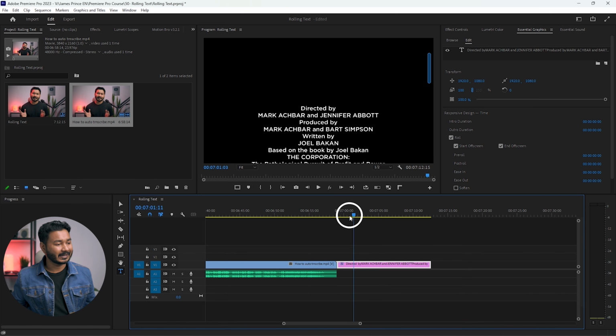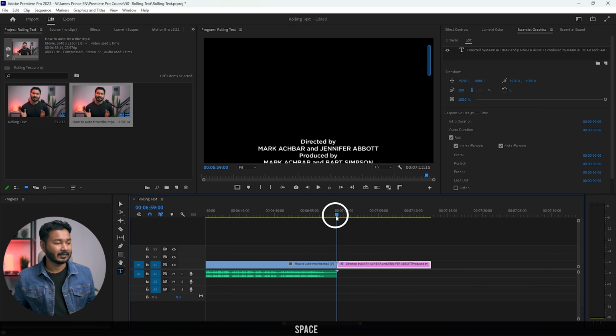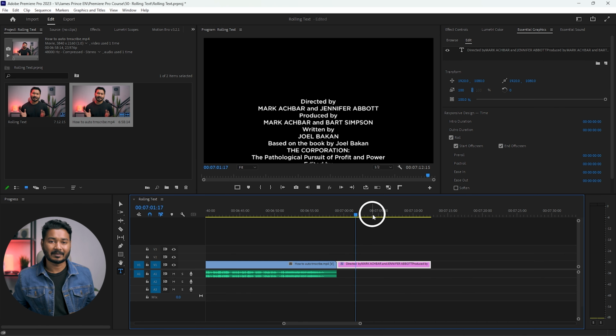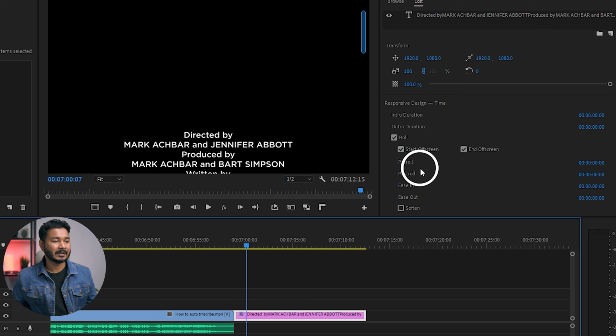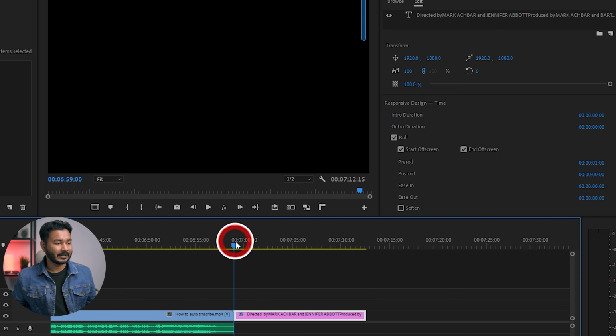Now if I play it back again, you will see that the text animation has been applied at the beginning portion, right? As soon as I press the space bar, the text animation starts. But I don't want that. I want to have a gap, maybe 1 second, and then start the animation. To do it, you need to add pre-roll, right? If you add pre-roll for maybe 1 second, then after you play it back, the animation will start after 1